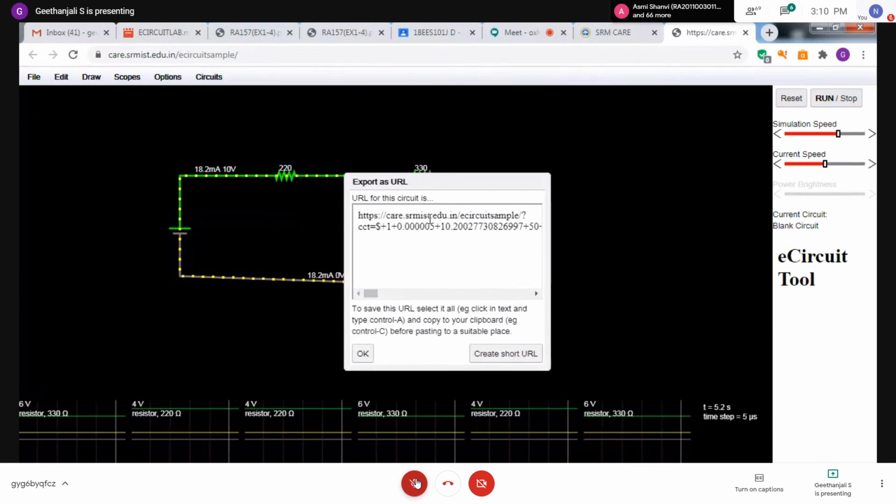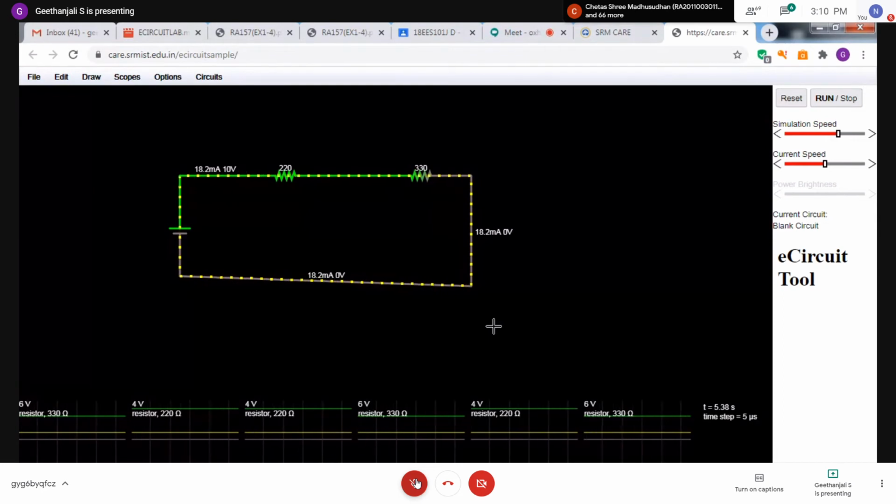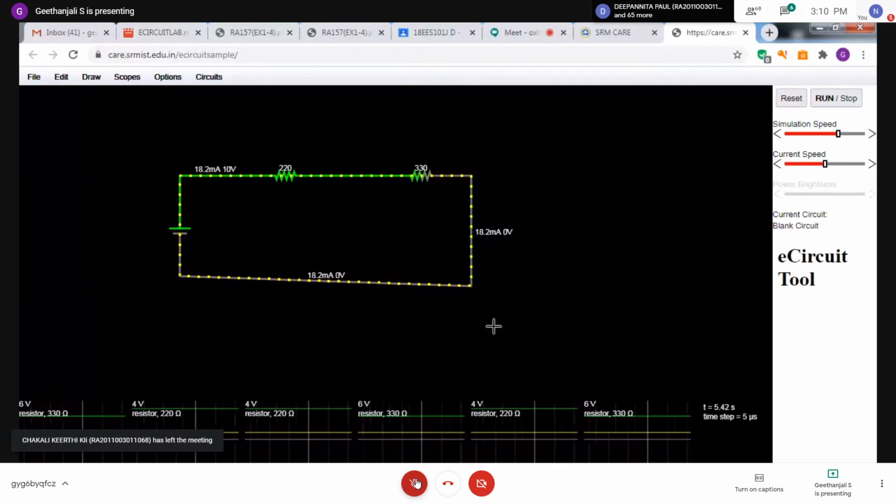When you click on the link, you will get the circuit. You can use whichever way you want. All of you save, take a snapshot, and send it to me in the GCR. I will tell the procedure later. Up to this, are you clear? Any doubt? All of you practice yourself.